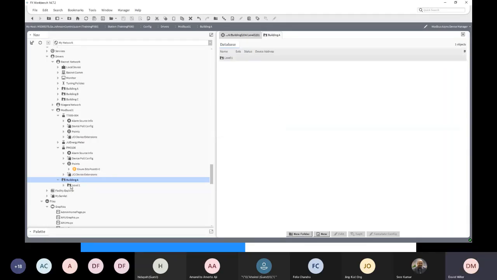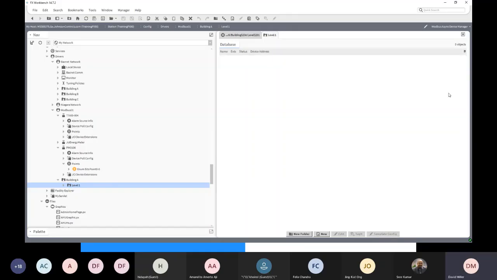And then under level 1, I can start creating devices. So just say I create a new device. I click new,